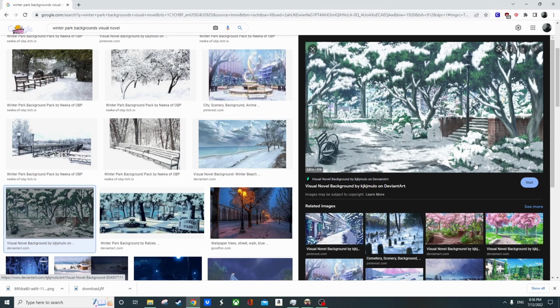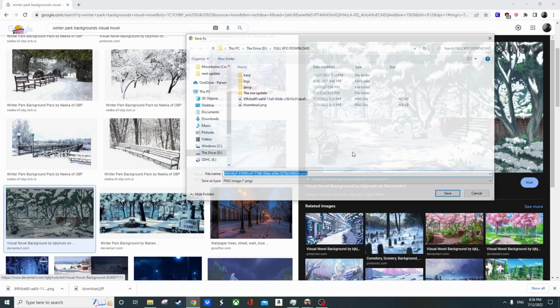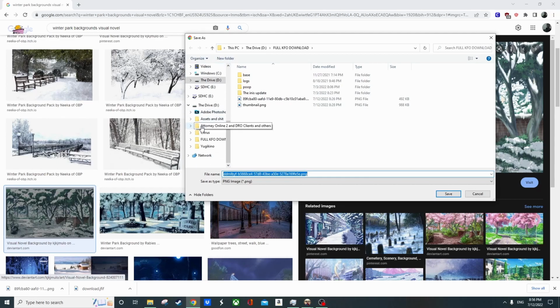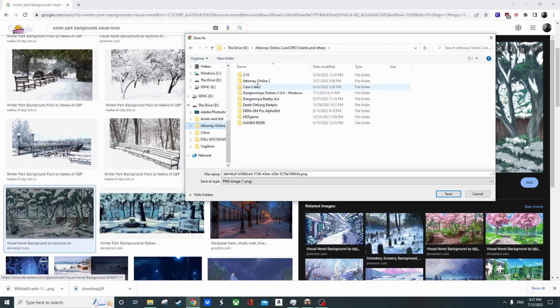This one also has a watermark, but we'll ignore it for now. I'll save it. It's also good practice: you should credit whichever artist you're taking the background from, if you know it, of course. I'm gonna save it,